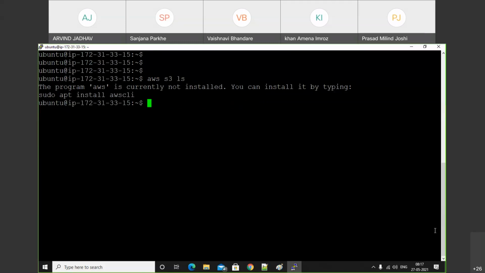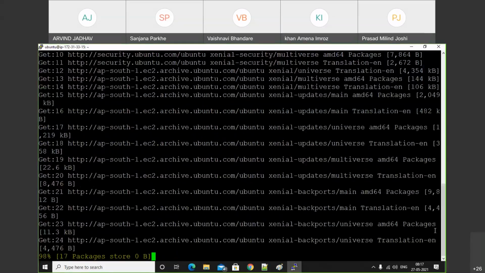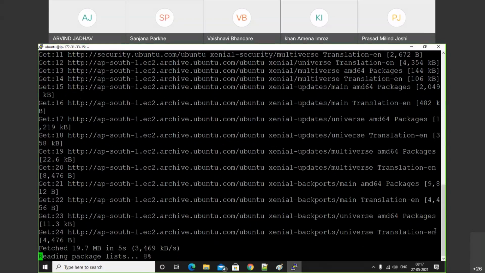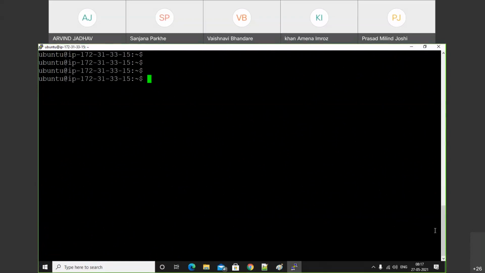Before doing any operation, we need to update our system. sudo apt-get update -y. First of all, we need to update our system. The first step. Whenever we launch the instance, it is mandatory to update the instance. We successfully updated that. Now install AWS CLI: sudo apt-get install awscli.